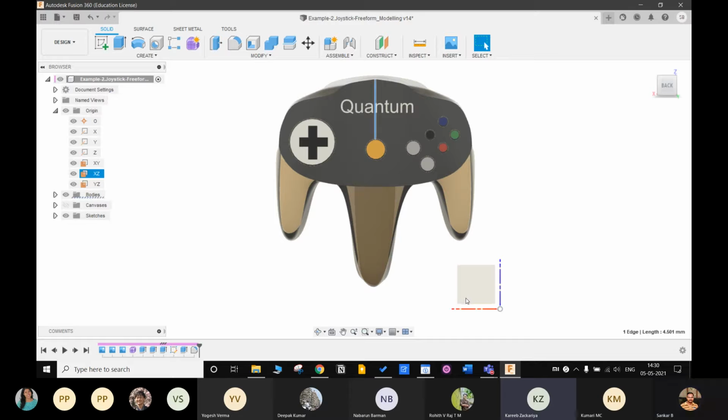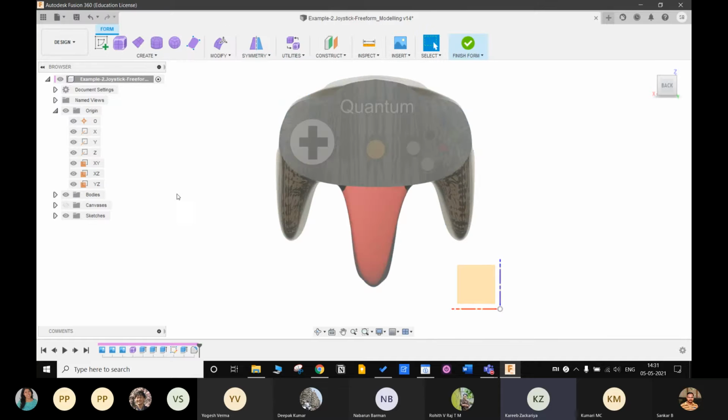Because while making symmetry, some surface is getting interfered and the surface is not becoming possible. That's why you can't exit the form. So what you can do is make a pull from the center, and then make sure no surfaces are interfering with each other. After that, you give symmetry to the surface where you wanted.